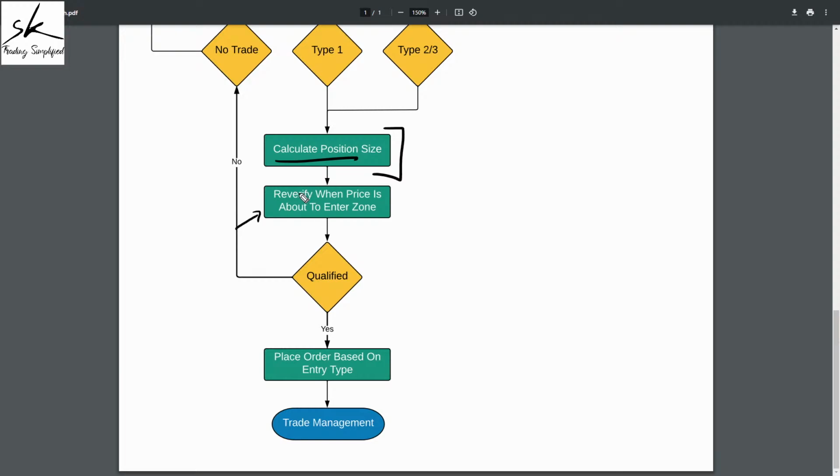Now, whenever the prices are back, you'll have to re-verify. Again, the reason is markets are not static, markets are dynamic, conditions are changing almost every other second. So you'll have to always re-verify before placing your order. If it is qualified, yes, you place your order based on the entry type, in this case, a type 1 trade. And once your order has been executed, the last step is your trade management, which we are already seeing